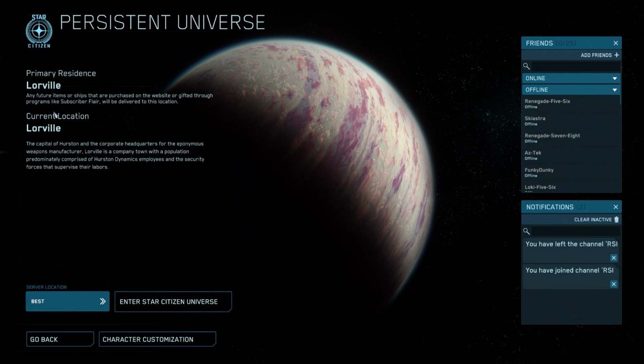And number two is your clone imprint, which is where you'll spawn if you die in the game 99% of the time, and you can change that at any clinic, at any space station or starport in the game. That's ultimately going to be the most important one long term. Once that's all done, hit Enter Star Citizen Universe, and that's going to send you into the Persistent Universe, or